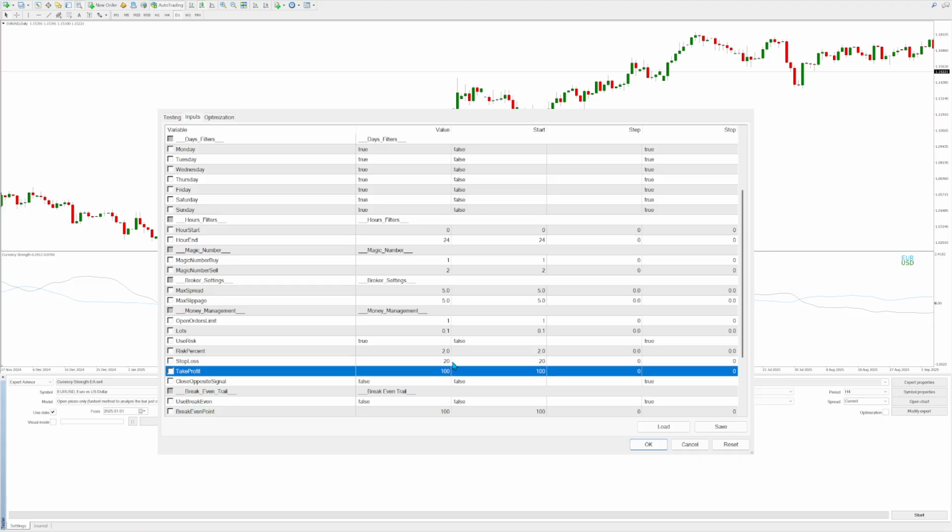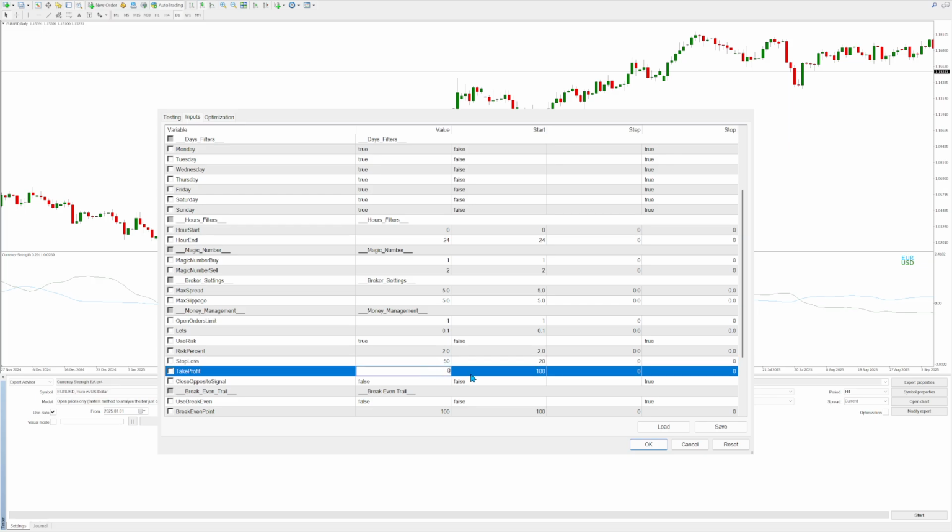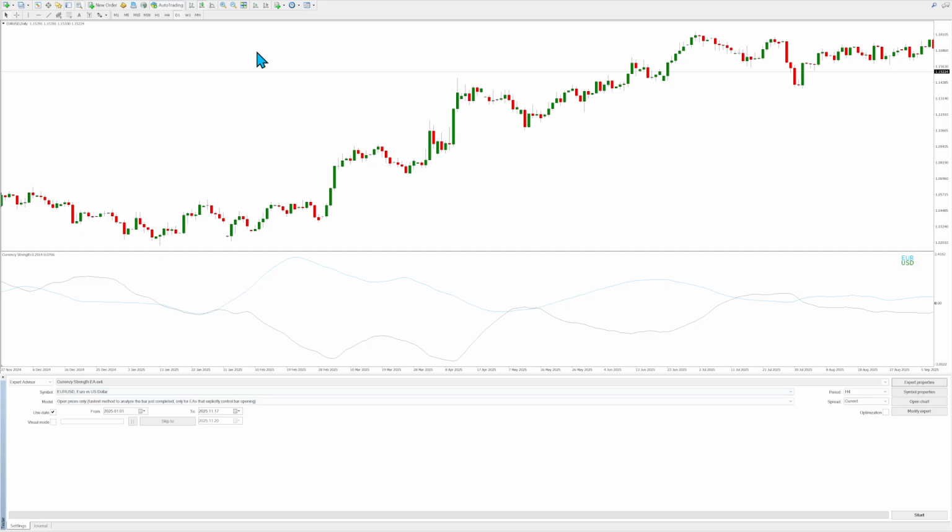Stop loss and take profit, self-explanatory. Personally, I'm not a fan of hard levels when it comes to stop loss and take profit. I would always have a hard stop just in case the market moves unexpectedly. And I'd argue not even to have a take profit, simply because if we go to a chart and we look at a scenario like this one, say we were in this uptrend here, let's just say we entered on,